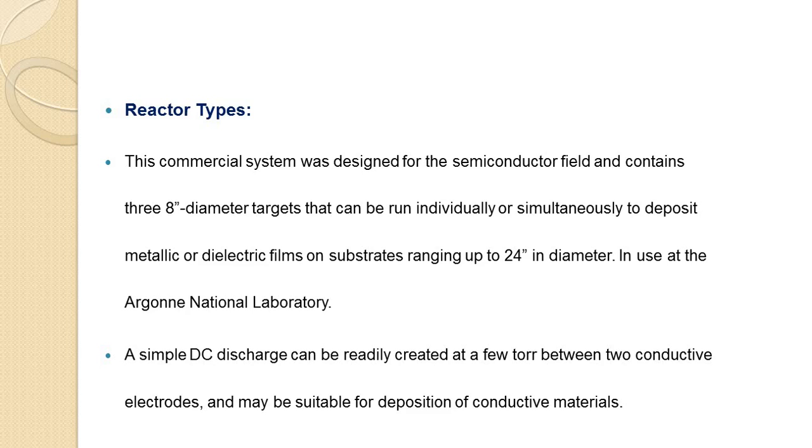Excitation frequencies in the low frequency range, usually around 100 kilohertz, require several hundred volts to sustain the discharge. These large voltages lead to high energy ion bombardment of surfaces. High frequency plasmas are often excited at the standard 13.56 MHz frequency, widely available for industrial use. At high frequencies, the displacement current from sheath movement and scattering from the sheath assist in ionization, and thus lower voltages are sufficient to achieve higher plasma densities.